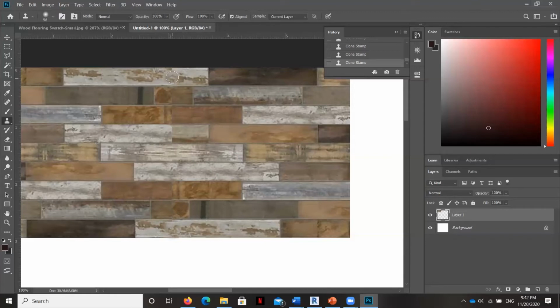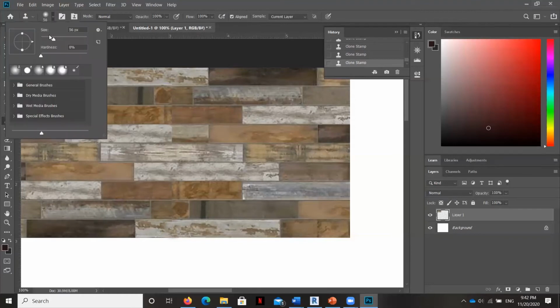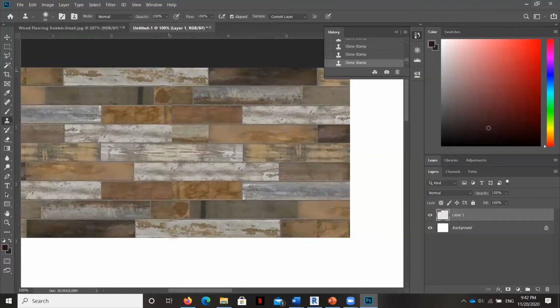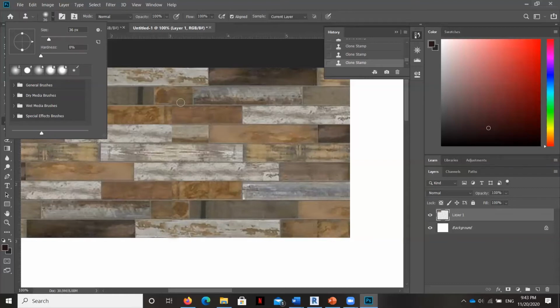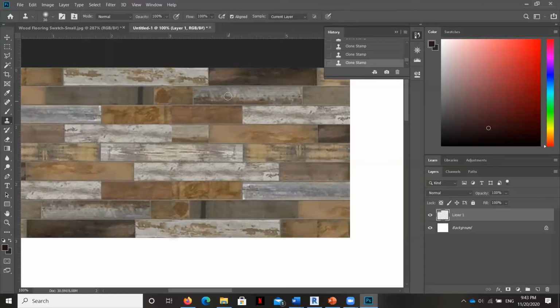If you want to make your circle a little bit larger or smaller, you can switch the size down here, make it a little bit smaller. You can see here mine's fuzzy on the edge. See, if you go here to hardness, mine's not hard at all. It's real soft. And so that's why you're getting that fuzziness, and it can be helpful or make things look a little bit too imprecise. So just kind of manage that.